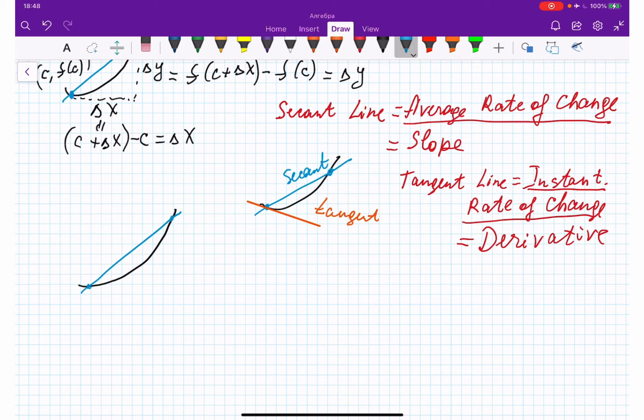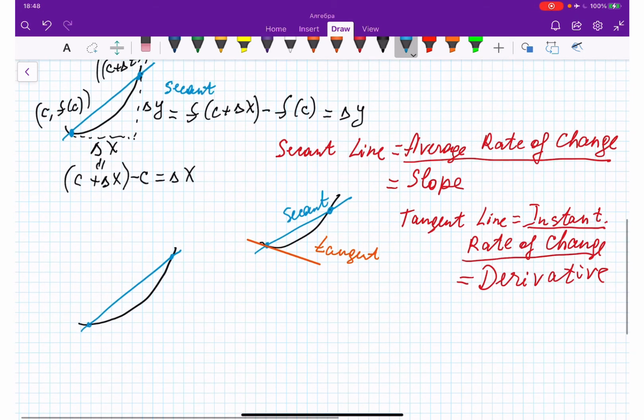This is my delta x, right? If delta x approaches 0, the line is going to go like this, cross here, then here, then here, until it will become